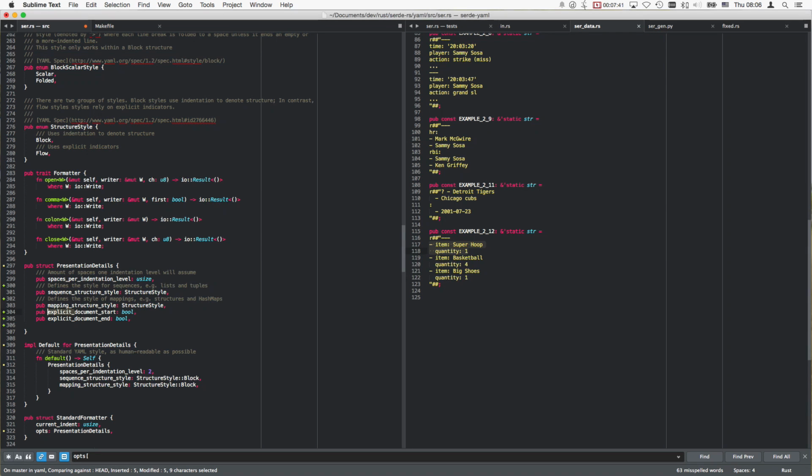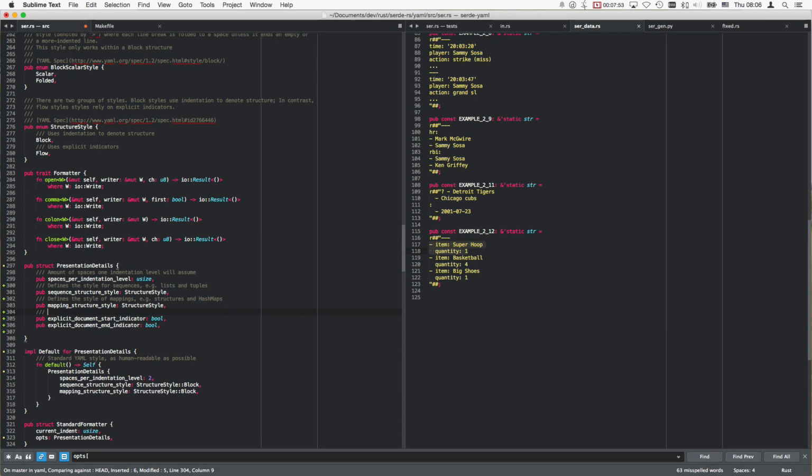Document start, explicit document start indicator. And I really prefer extremely long and descriptive names here, just to be sure people know what this means. Enforces a start indicator. Let's maybe put that into monotype. Enforces a start indicator at the start of the document, even if